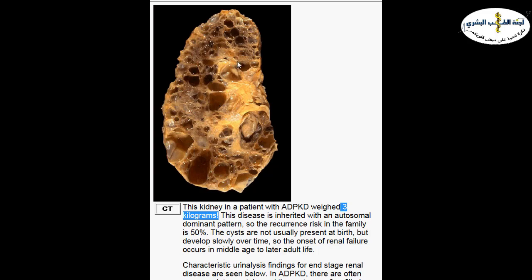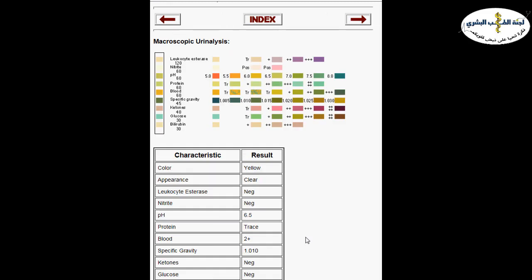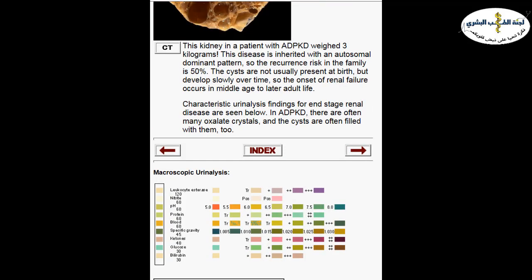If we do microscopic analysis and examine their urine under the microscope, we can see the oxalate crystals. Here, for example, this is the urine test, and this is the microscopic urine analysis. And here, under the microscope, you can see the oxalate crystals. Sometimes you can see RBCs, but in this patient there are no RBCs, though sometimes we can see them. Here in their urine there's a small amount of blood, there's no proteinuria, and the other characteristics of the urine are normal. So he's having just mild hematuria.